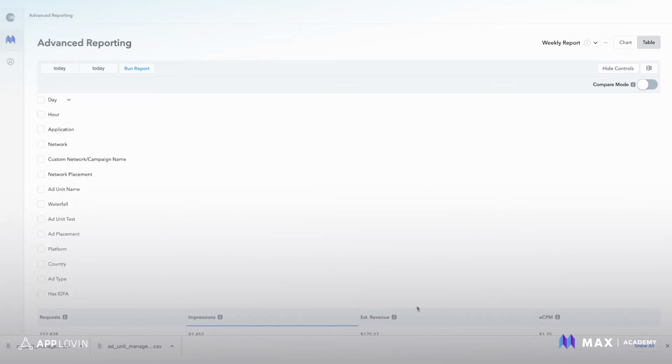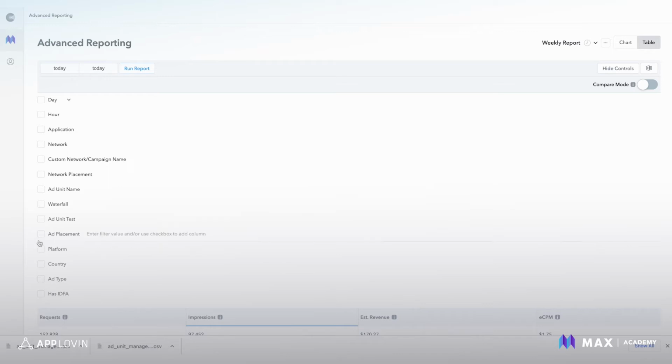Advanced reporting is a comprehensive report that allows you to track performance of your monetization. When the ad unit page is used to manage the waterfall, the advanced reporting page should be used to analyze the performance of that waterfall. Use this report to understand the overall revenue trends, which can be used to find opportunities to add new network price floors in specific countries, or see which networks have low fill and might need to be removed because they may be causing latency, or even use metrics like low show rates to identify potential integration issues.